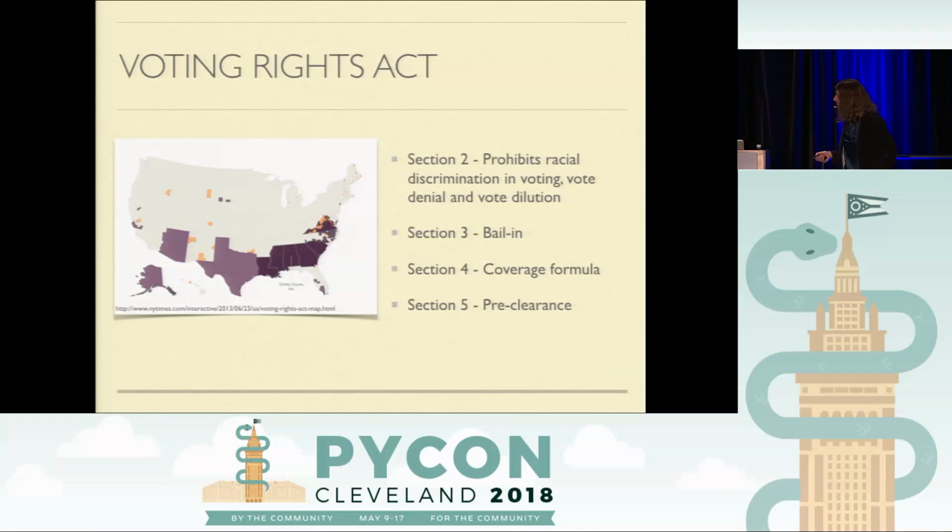All right. We've also got Section 5 here. This is the preclearance section. So this says that districts that were determined to have a history of discriminatory practices in voting were subject to an additional layer of scrutiny. So these are these highlighted jurisdictions on the map here, and in those jurisdictions, when one wanted to change voting procedures, say changing voting locations, redrawing district lines, instituting a new ID law, before those rules went into effect, they had to go through approval by the Department of Justice in Washington or the DC District Court.